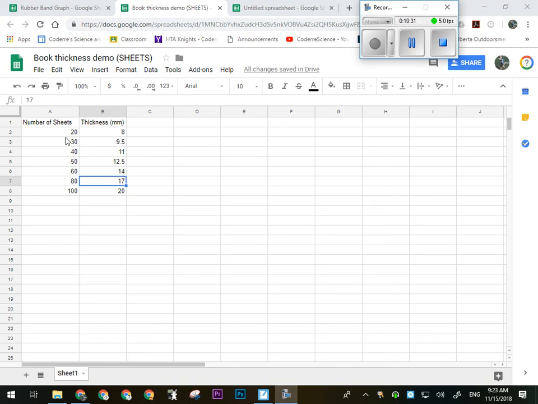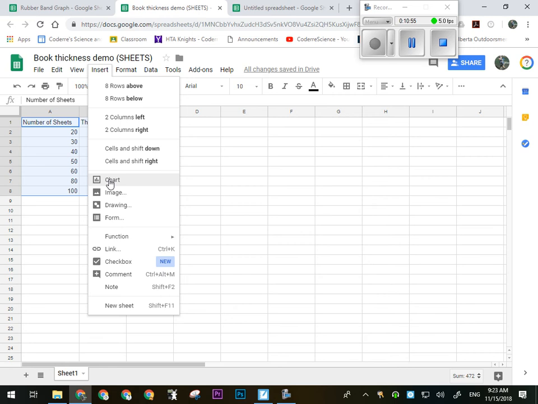All right, now we want to build our graph. So what we have to do is tell Google Sheets what information needs to go on the graph. We do that by simply clicking in the first box and dragging to highlight everything we've entered. All right, so click and drag so that all the boxes with stuff in it turn blue. Then we're going to go up to Insert. Click on Insert, and if you scroll down about halfway, there's an option here for Chart. That's what we're going to click, and then it's going to give us a dialog box that asks us about the details of our graph that we're going to use. So we click on that,